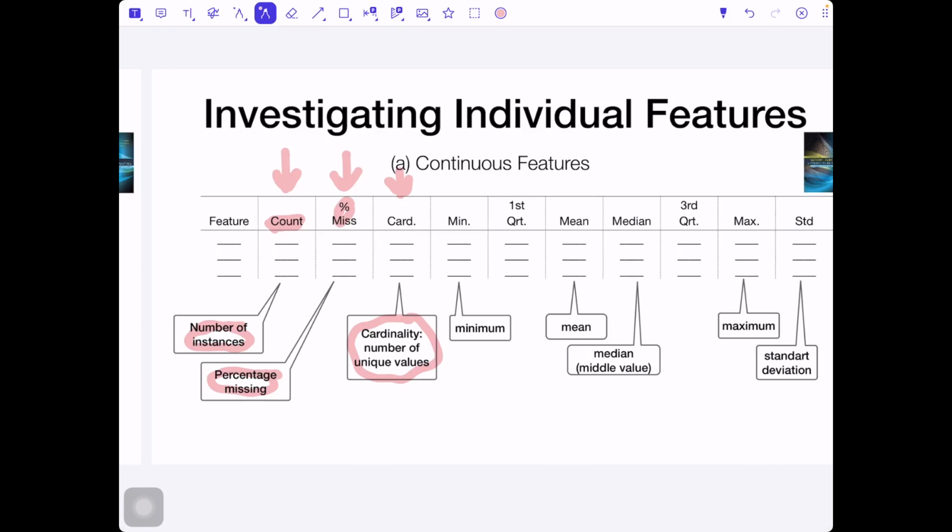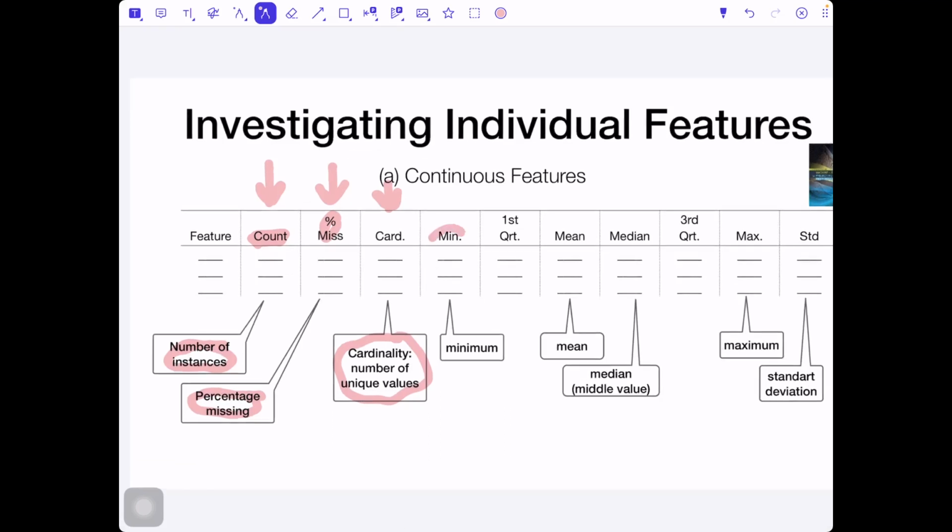The refrigerator can have only one of these 3 colors, just as an example. Minimum and maximum: you can say what the minimum and the maximum value of the feature is. Then quantile, this is something special.